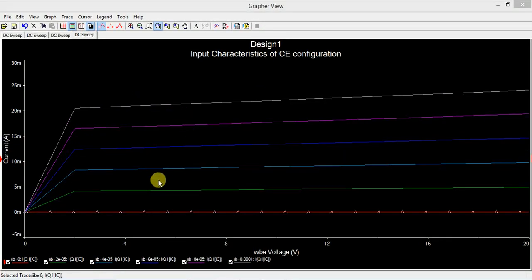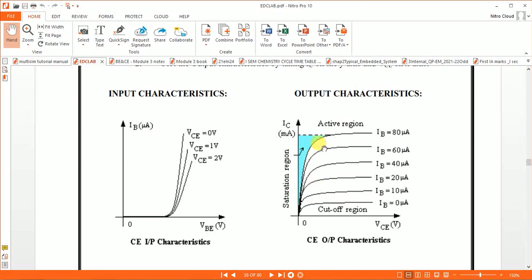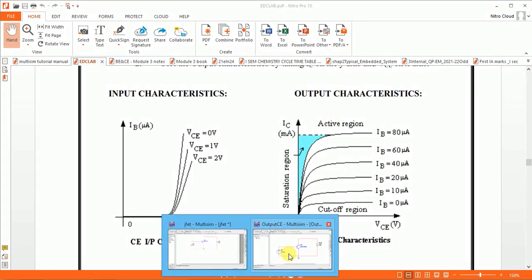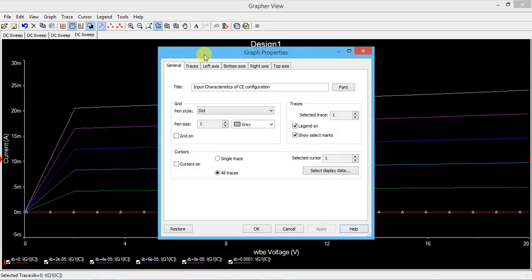Yeah, we got these values, which is actually matching with the expected output. This is the expected output characteristics, and we are getting the same thing. By default we had given input characteristics earlier, so it's coming like that. So you change this to output characteristics.